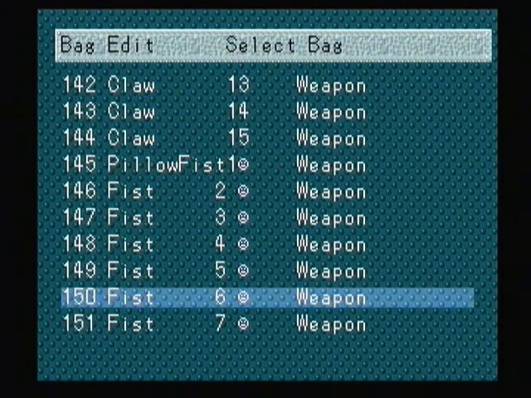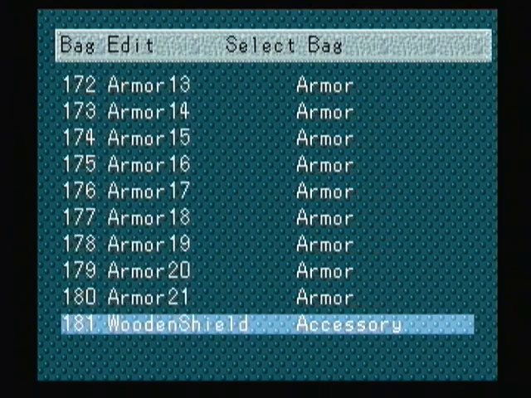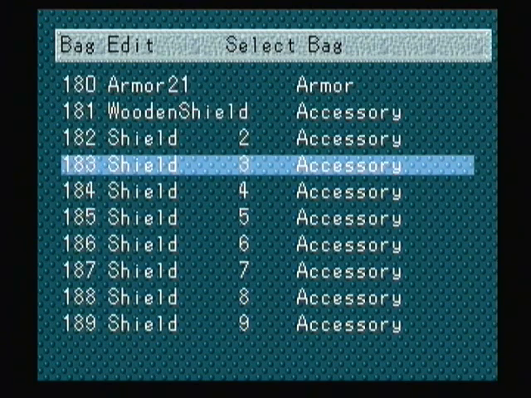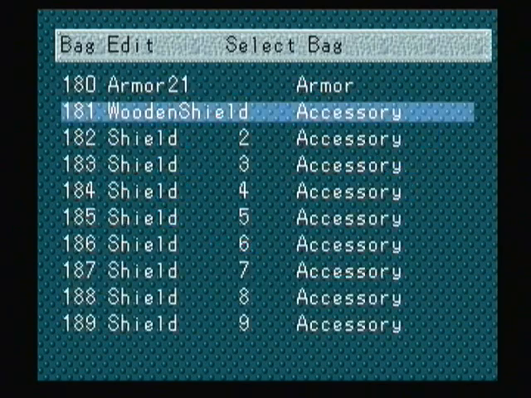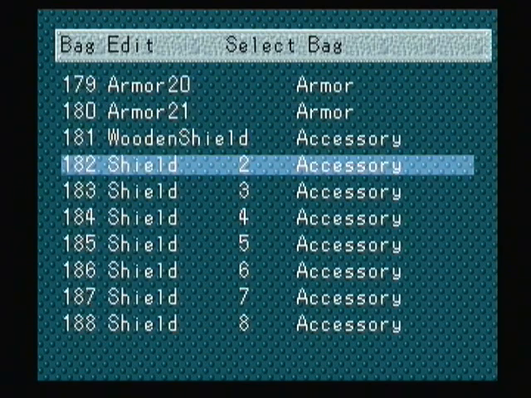Oh yeah, I had little icons there because RPG Maker doesn't have icons for items, so I decided I'd just have placeholder icons. Not all of them were that great. Shields. Shields do not affect defense here. They affect evasion. So they're an accessory rather than...